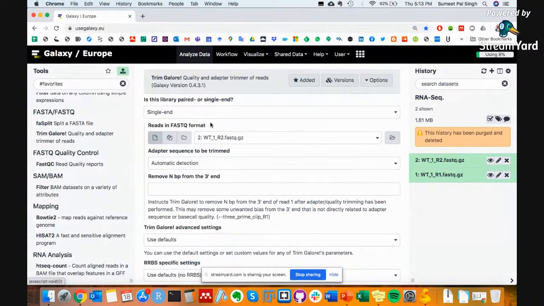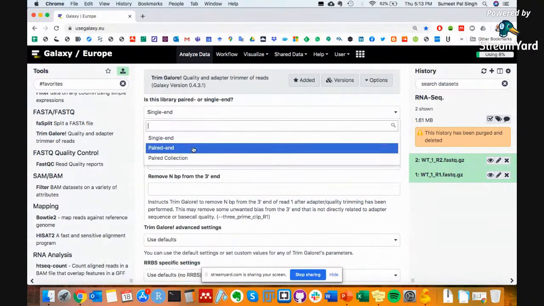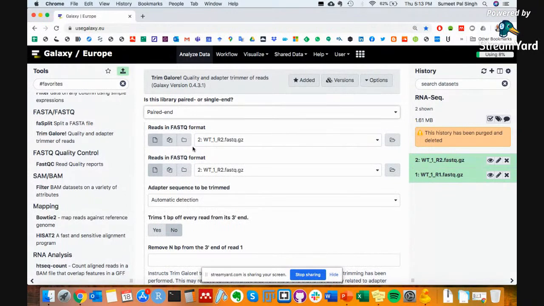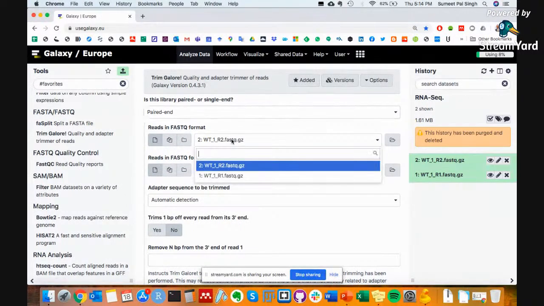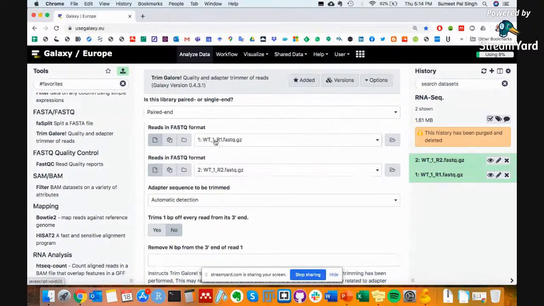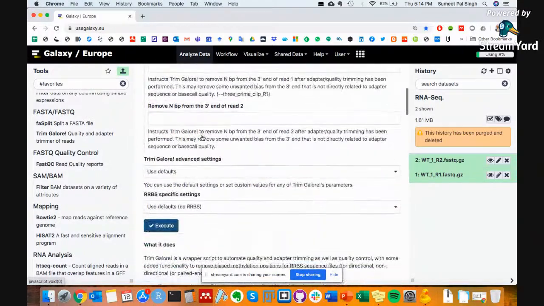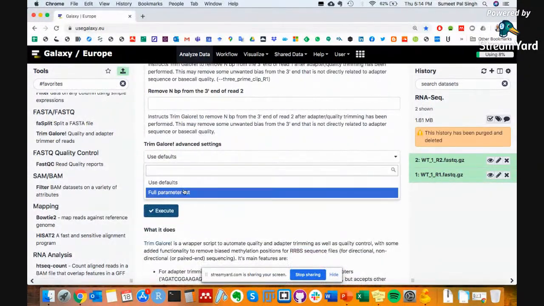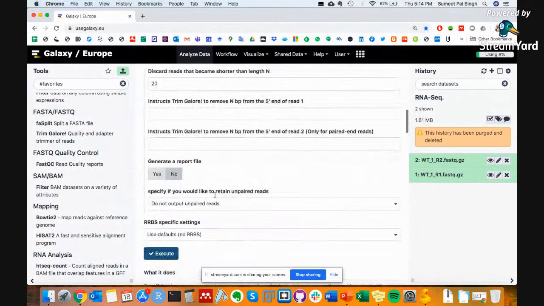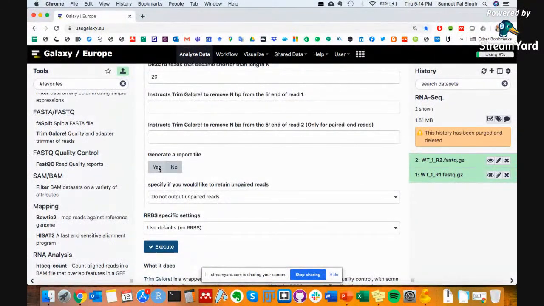And in Trim Galore, we choose paired end. And then we put the two pairs, so the first one and the second one, and we say to automatically detect the adapter. And in the advanced settings, we ask it to generate a report file. This will just give you some statistics about